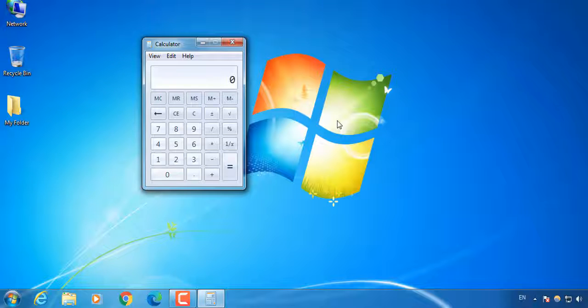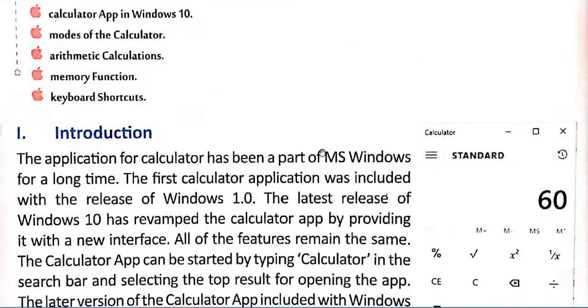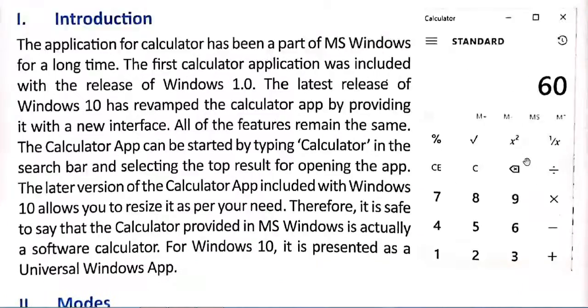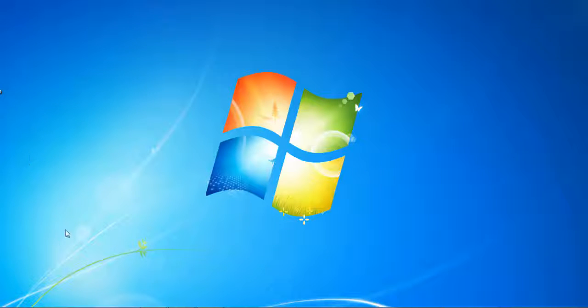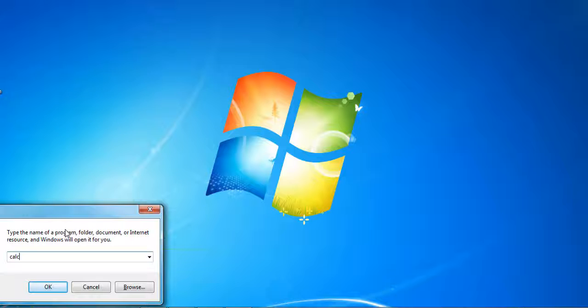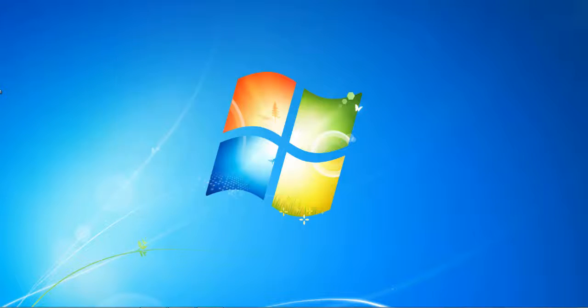See, in your book page number 38, a photo of the calculator is given there. See, this one, page number 38. This is the same Windows calculator that I have shown you. This one. Okay. Now see,